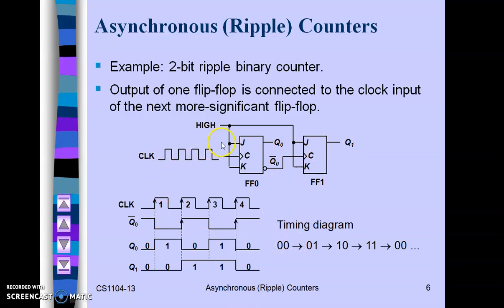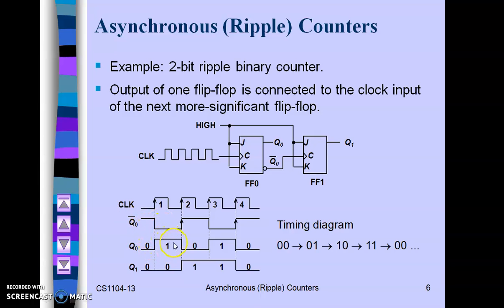But when you provide the clock input to the first flip-flop, at that time the first flip-flop will get triggered and the output of the first flip-flop will become 1, because the input is 1, so it gets toggled. The previous output of Q0 is 0, so at the next